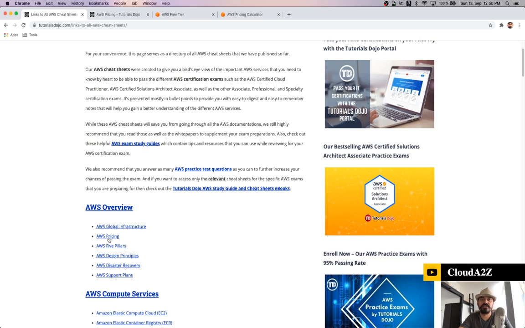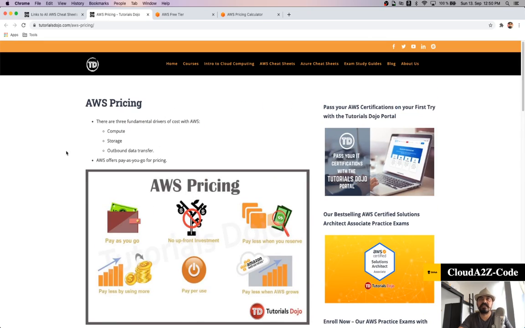Okay, so we are going today into AWS pricing. AWS started pricing on pay as you go since the start, and it's been beneficial to the customer and to them as well, even now after 20 years. They basically charge based upon three different criteria. The first is compute, how much computation you are doing. The other is storage, how much data you're storing. And the other is how much data you're transferring out of the AWS infrastructure.